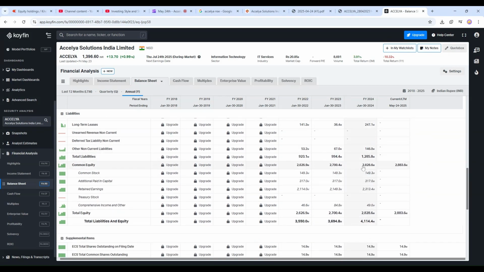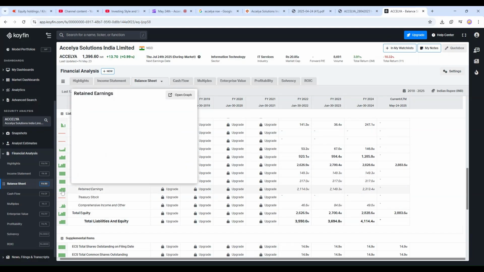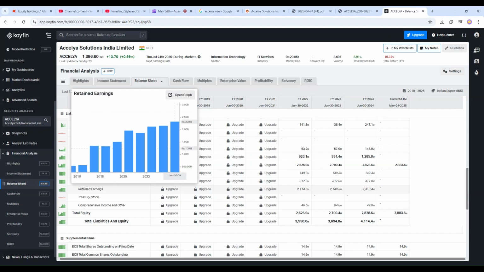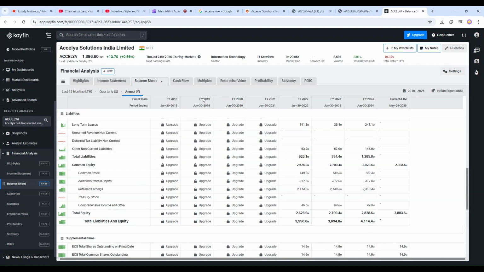So if you look at the common equity of the total assets of 4 billion, 2.8 billion is common equity, only 1.2, 1.3 billion is liability, and most of it is in retained earnings, which is a good sign. If the retained earnings of a company is going up, that's a good sign. It has become 4 times and it pays a lot of dividend. If it hadn't and held on to that cash, this retained earnings would have gone up through the roof. So it's a good sign.